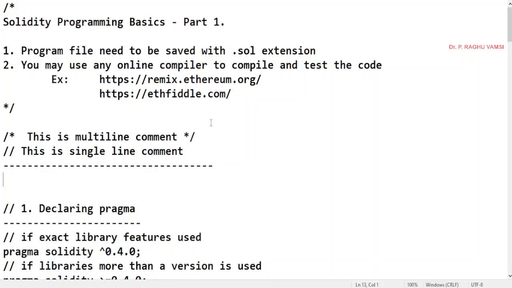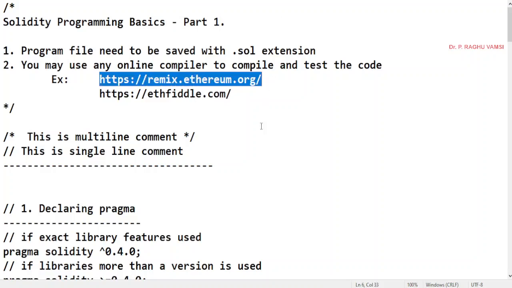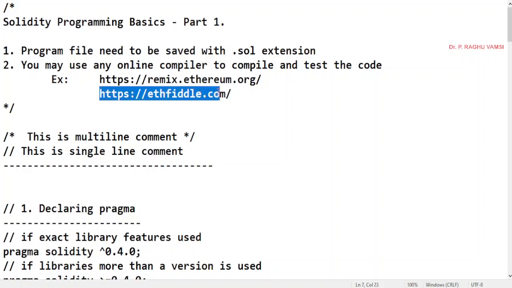In order to do Solidity programming, you may require remix.ethereum.org. You can go to remix.ethereum.org, like here. This is the Remix IDE, our online IDE. Another one is ethfiddle.com, that is, ethereumfiddle.com.